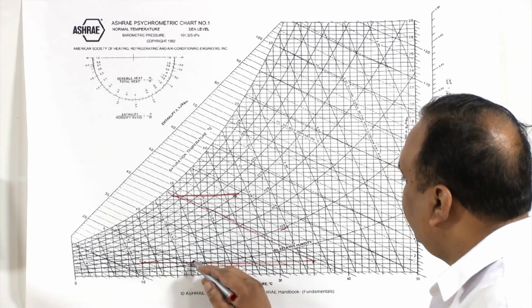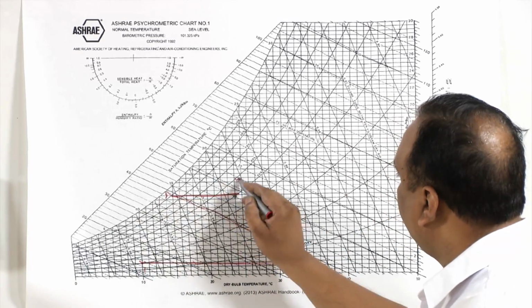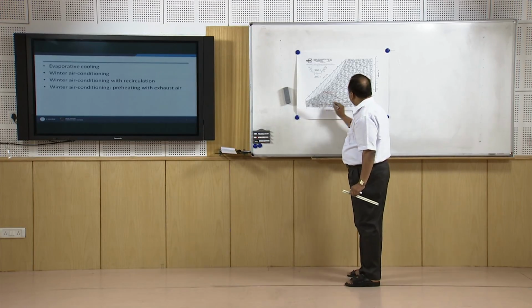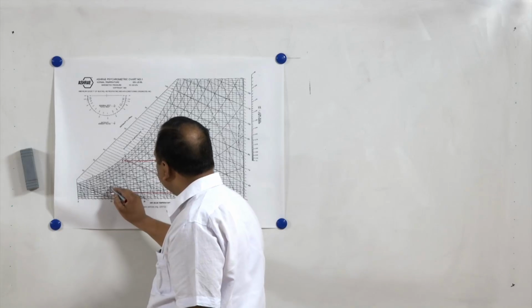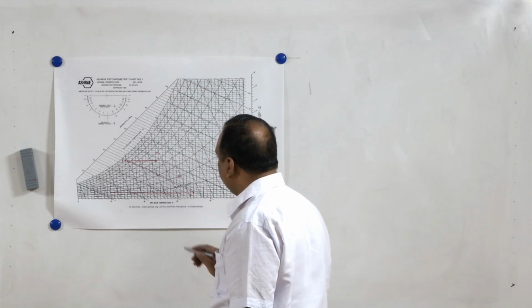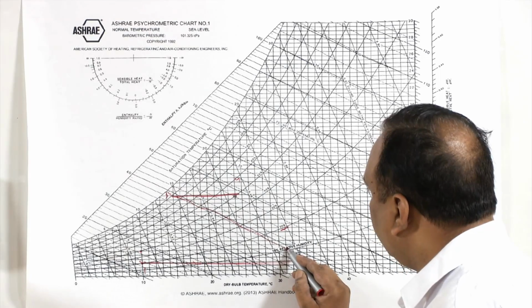So, the entire process is like this, from state 1 to state 2, state 2 to state 3, state 2 to state 4. Suppose air is available not at 20% relative humidity, let us say 40% relative humidity, same dry bulb temperature and 40% relative humidity. In that case, less heating will be required,